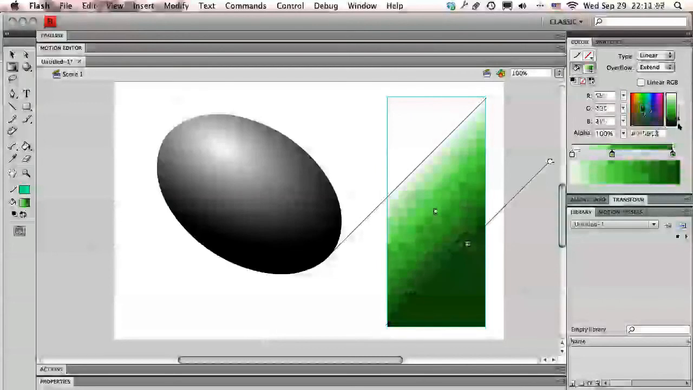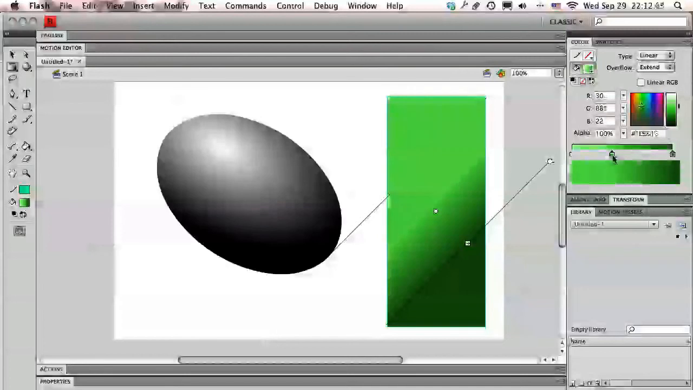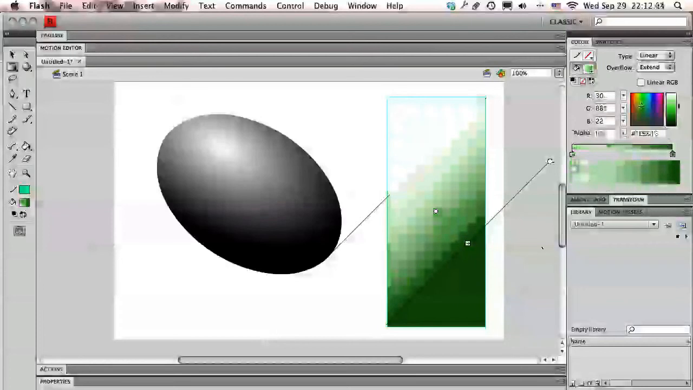Another cool thing you can do is add alpha to each one. So I'm going to go ahead and remove this, drag this over here. I want it to fade away, so I'm going to select this and then drag the alpha down, and you'll notice this grid appears. So now when I drag this over here,